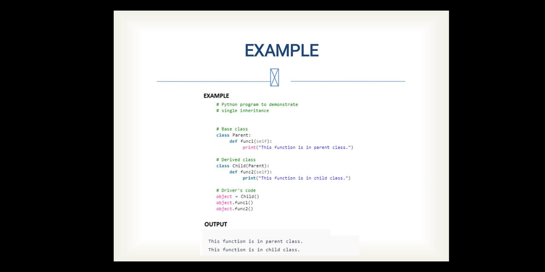Okay, see this example: here, same example, we are using a parent class and a child class. When we are creating the object of the child class and accessing the value, or we can say method, of the parent class, it is going to be executed. So it is directly going to print that this function belongs to the parent class, and again when we are calling a method which is specified in the child class, then it is going to print the message this function belongs to the child class.